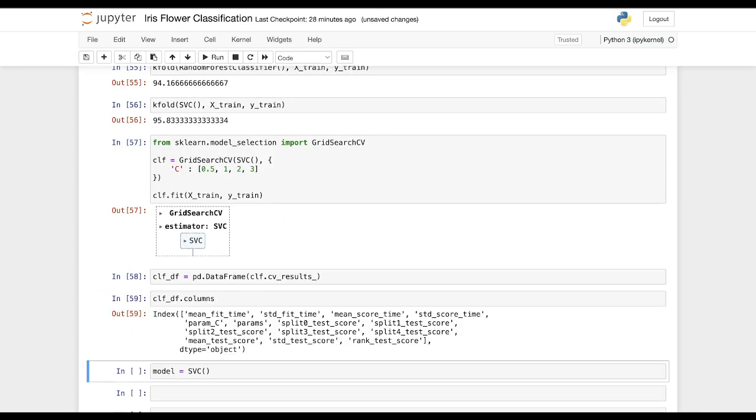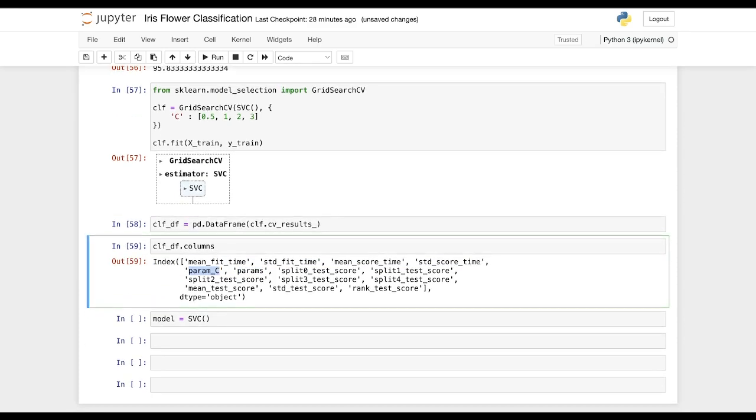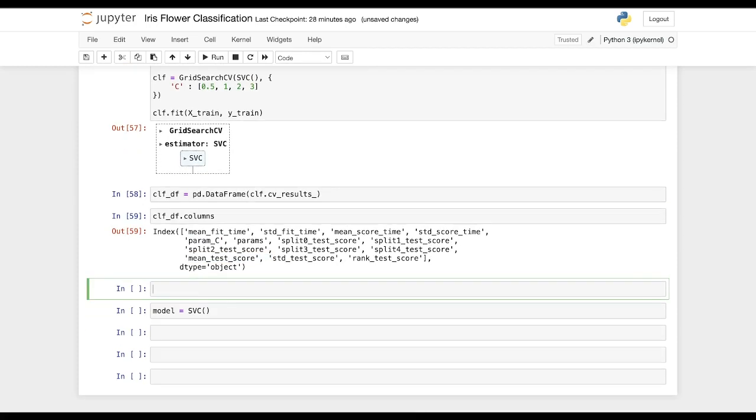So these are all the columns, and we just want to check the parameter C and the mean test score for every parameter. So from the classifier df, we just want to check parameter C and the mean test score.